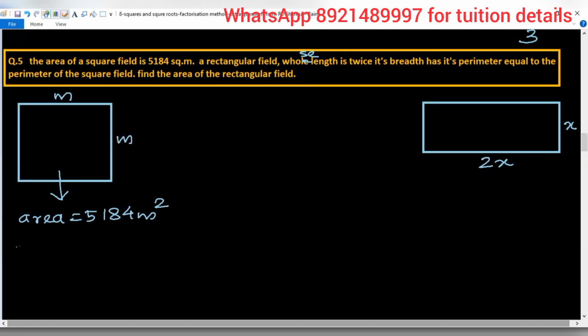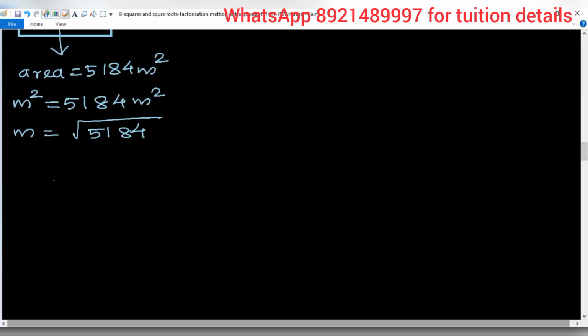So area will be side into side, that is m into m, that is m square. Okay, so m square is actually given as 5184 meter square. Now in order to get the value of m, we have to take the square root of 5184. So here also we will adopt the factorization method. 5184, since it is an even number, we can divide by 2. So here we will get 2. Then